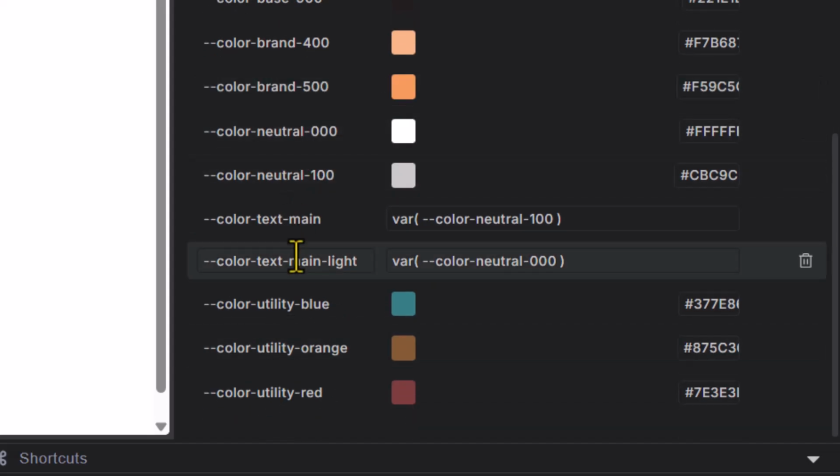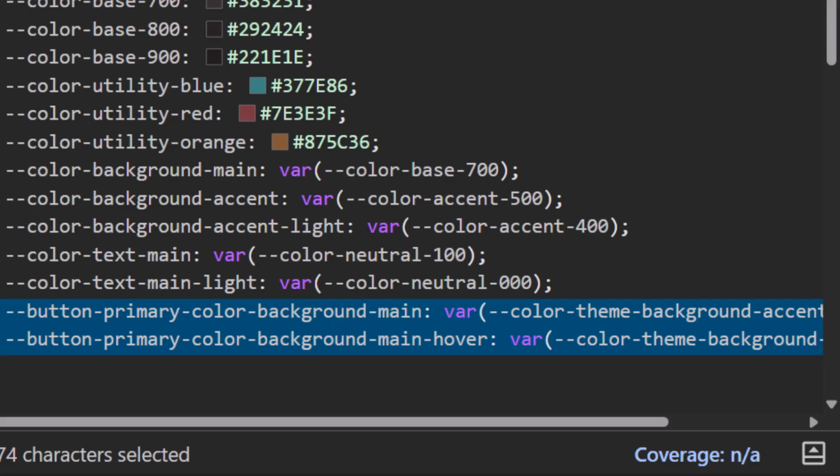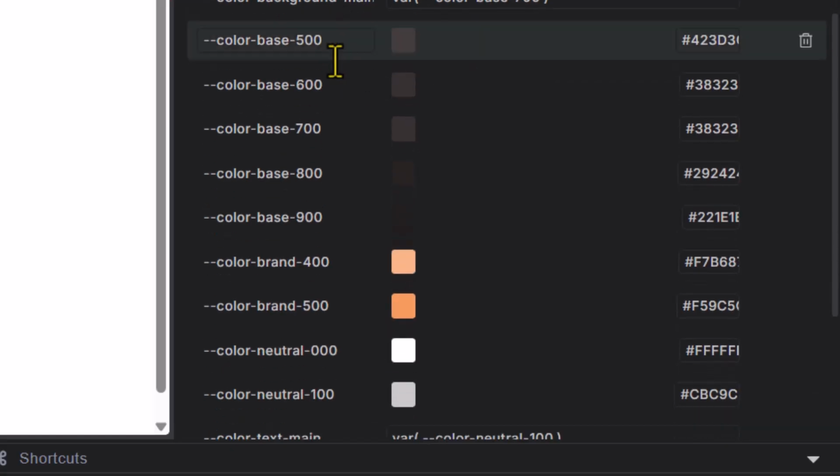I don't like the fact that these variables are not the way I have them here. I have them here tier 1, tier 2, tier 3. Here they are alphabetical. I think this is what